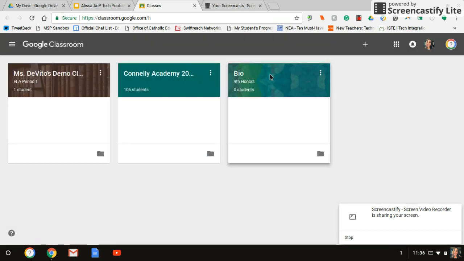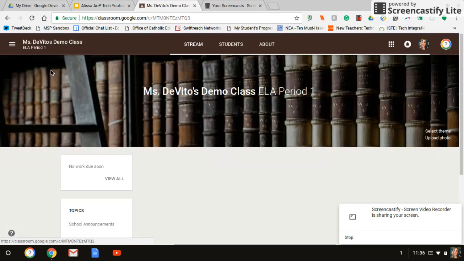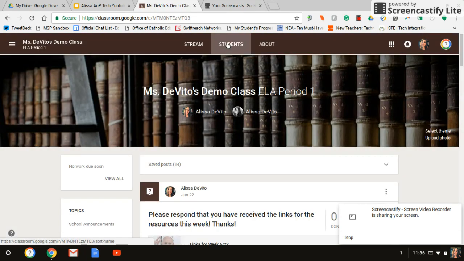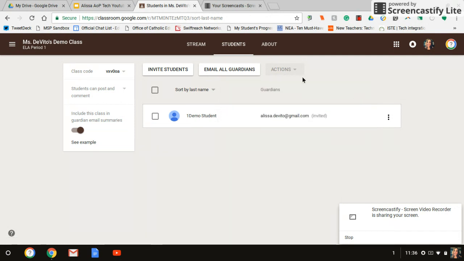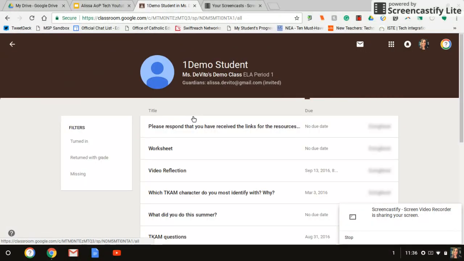I know it's a little thing, but it's one of those little things that can make a really big difference. I'm going to jump into my demo classroom here, and you'll notice too, when you go to your Students tab, there's a couple things that you're able to do. First, and it brought me up a little warning here, I can track an individual student's progress, which is really exciting. This is something I know that a lot of teachers have been asking for. How can I see all the work submitted by a particular student, not necessarily by assignment? So now if I go to my student stream, I can select an individual student, and I can see all